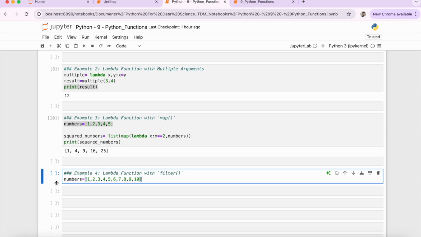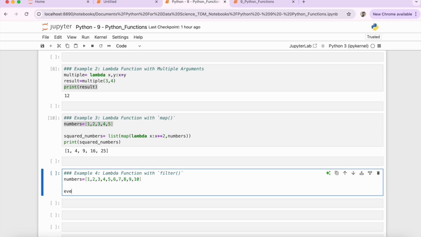In order to get the even numbers, we have to basically divide each element of this numbers list by 2 and see whether there is any remainder or not. If the remainder is 0, then it's an even number, right? So what we can do is simply say even numbers. We are going to create an even numbers list in which I am going to apply the lambda function, saying that lambda take one element and divide that element by 2,